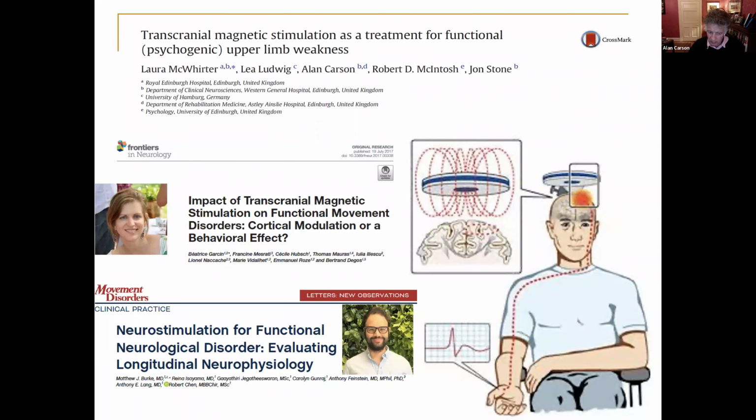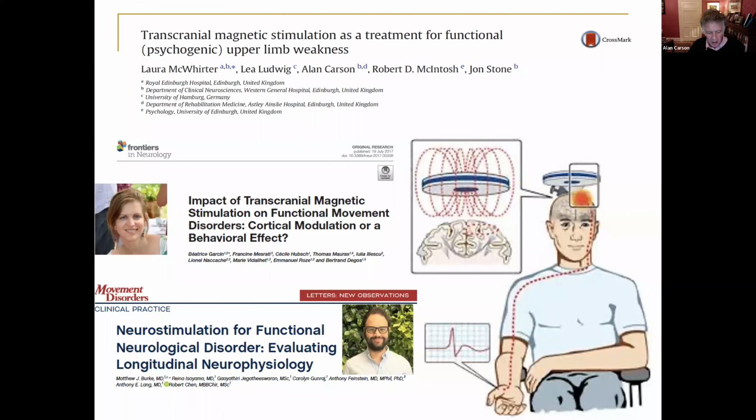Beardsley's group felt that most of the action was placebo, and what they would do was to induce similar action in the arm by stimulating further down in the neck. So we're not actually looking at cortical modulation. And they ascribe it a lot to Francine Mesrati, who's their neurophysiologist, who would really prepare the patients very well with a lot of suggestion. And really, they were using this as an enabling device to reinstate movement.